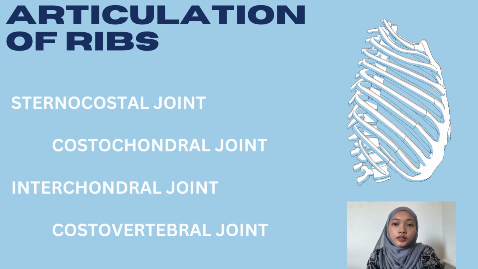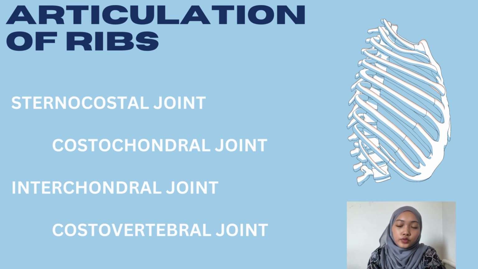It is formed by the costal cartilage of 7 to 10 ribs, in which the costal cartilage of 8 to 10 ribs are attached to the costal cartilage of the 7th rib. And lastly, the costovertebral joint, as mentioned earlier, is formed by the articulation of the head of the rib to the